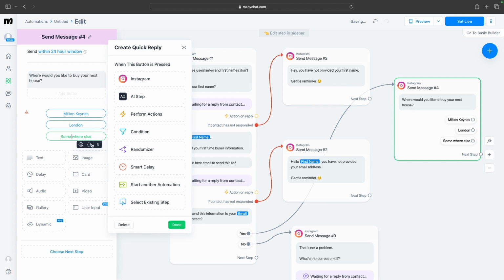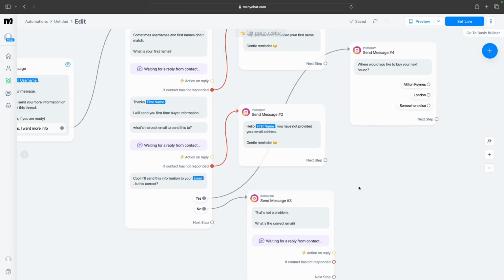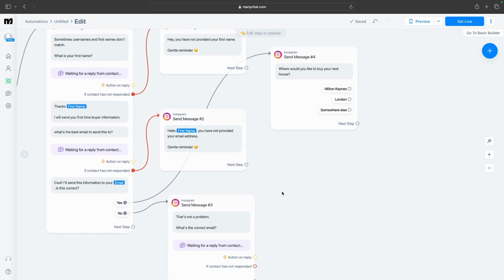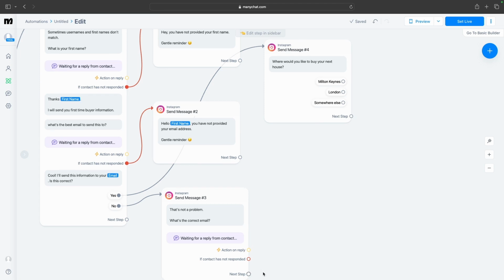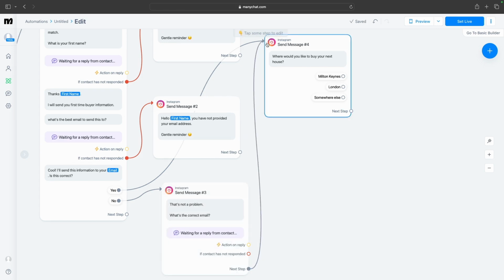Okay, so this is fantastic, right? Why is it fantastic? Well, the reason is that we can now use this to essentially group the user or add the user to a specific category. So for this right here, after they've provided their email, we'll make the assumption that they don't make another mistake. So we connect this in, and then